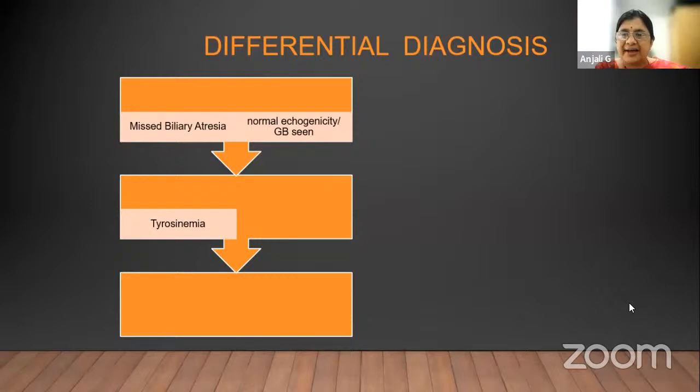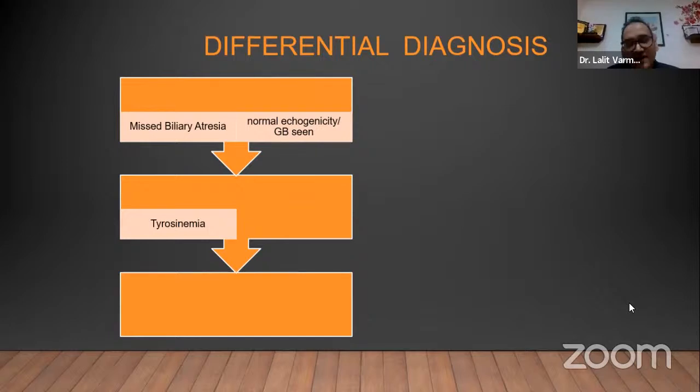Your USG said absent gallbladder? No, it must have said present. No, it was there. I must have changed the scenario, but it was there. Okay, so in this patient, the GB was seen. That talk I actually give for the GPs, but I had to change it because they will not understand other things.